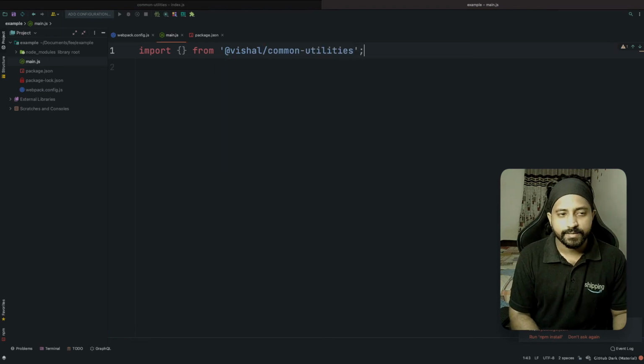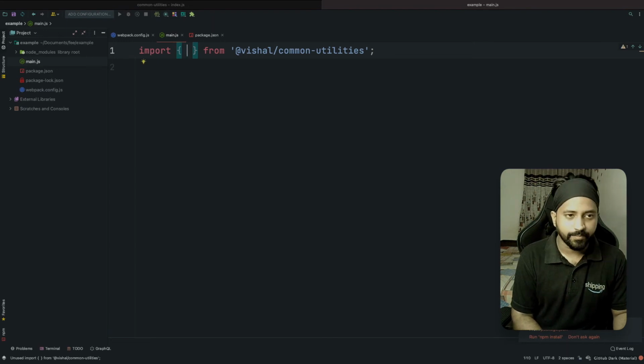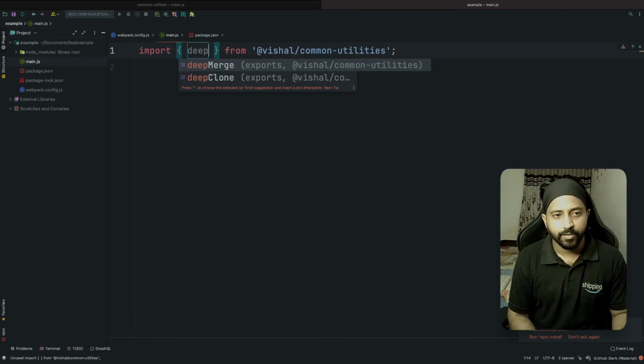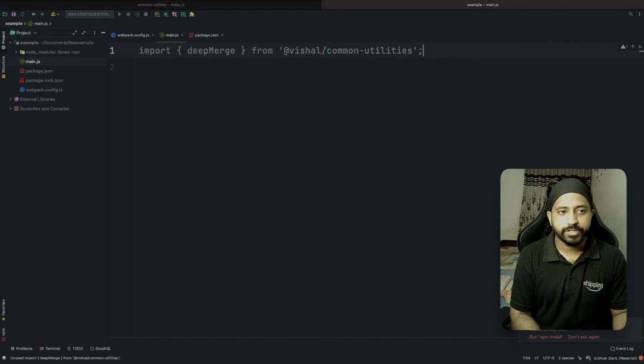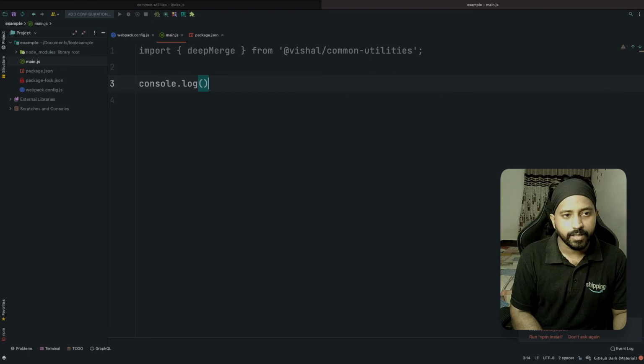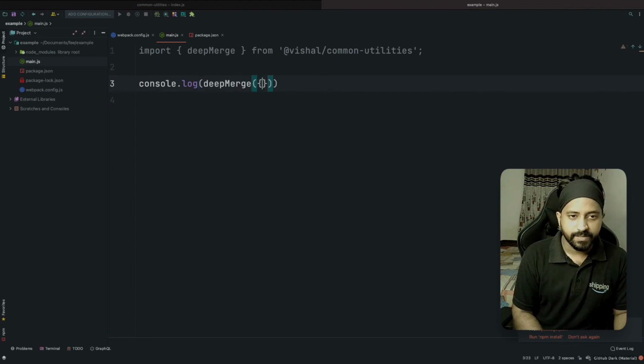So I can write this, and from this library I want to, let's say, import deepMerge. Based on IntelliSense, you can see that we have deepMerge and deepClone both present in my common utilities. So we'll use deepMerge, and we'll just do a simple console.log on deepMerge, and we'll specify our two arguments over here.